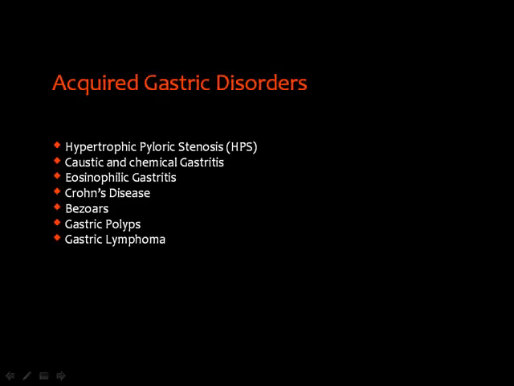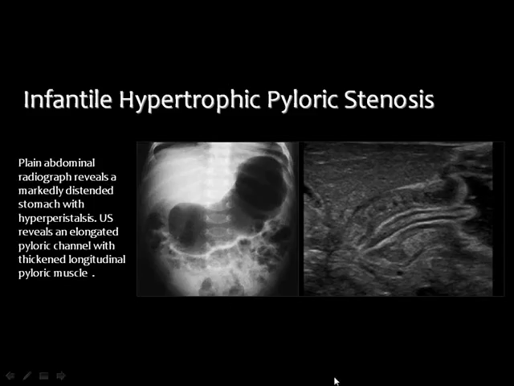Then some of the acquired gastric changes will include hypertrophic pyloric stenosis, caustic and chemical gastritis, eosinophilic gastritis, Crohn's disease, gastric foreign bodies, gastric polyps, and lymphoma. And this is the classic appearance diagnosed by ultrasound of hypertrophic pyloric stenosis. You can see the pyloric canal with marked thickening and elongation as seen by this